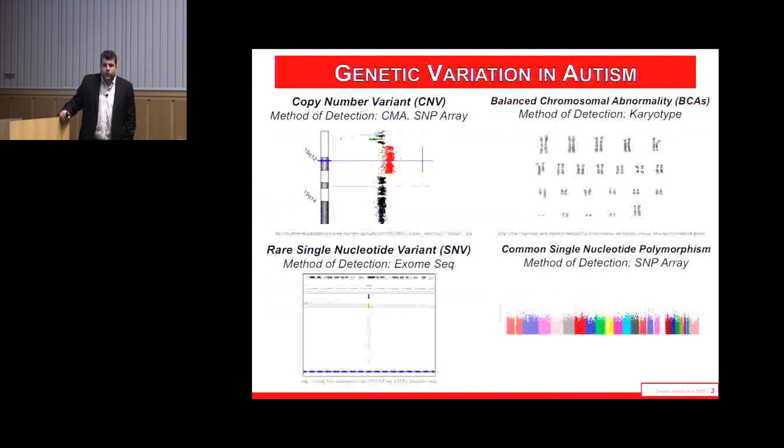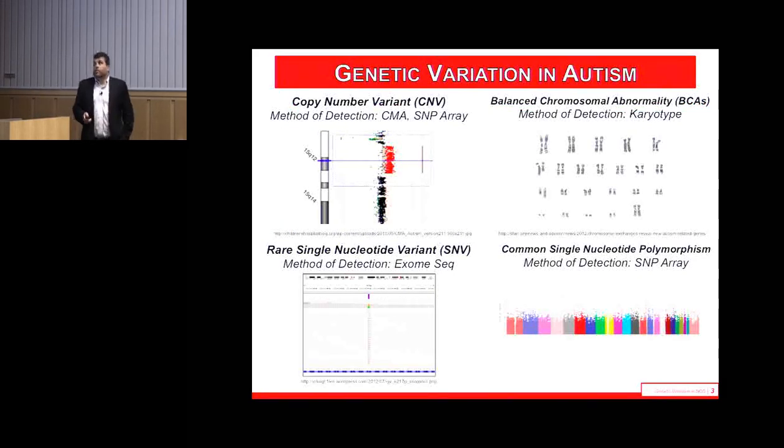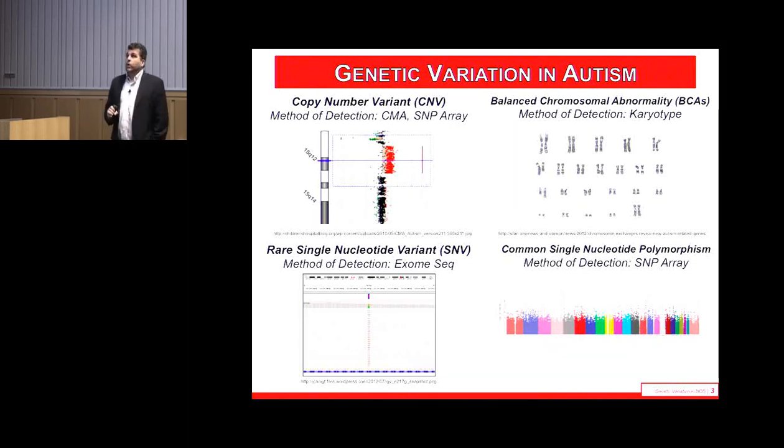Okay, so genetic variation. I'm going to refer to autism more often than, say, more global neurodevelopmental disorders or congenital anomalies, but really we study all of these. What we know, I think, is pretty clear that common variation is the major contributor to the genetic architecture of autism, although we've made very little progress in finding actual common variants that are associated with the disorder. Rare single nucleotide variation from exome sequencing has been a boon of new discoveries in autism. Copy number variation has been studied for a very long time through chromosomal microarray, and in fact, at this point, chromosomal microarray is the recommended first-tier diagnostic screen for autism spectrum disorder.